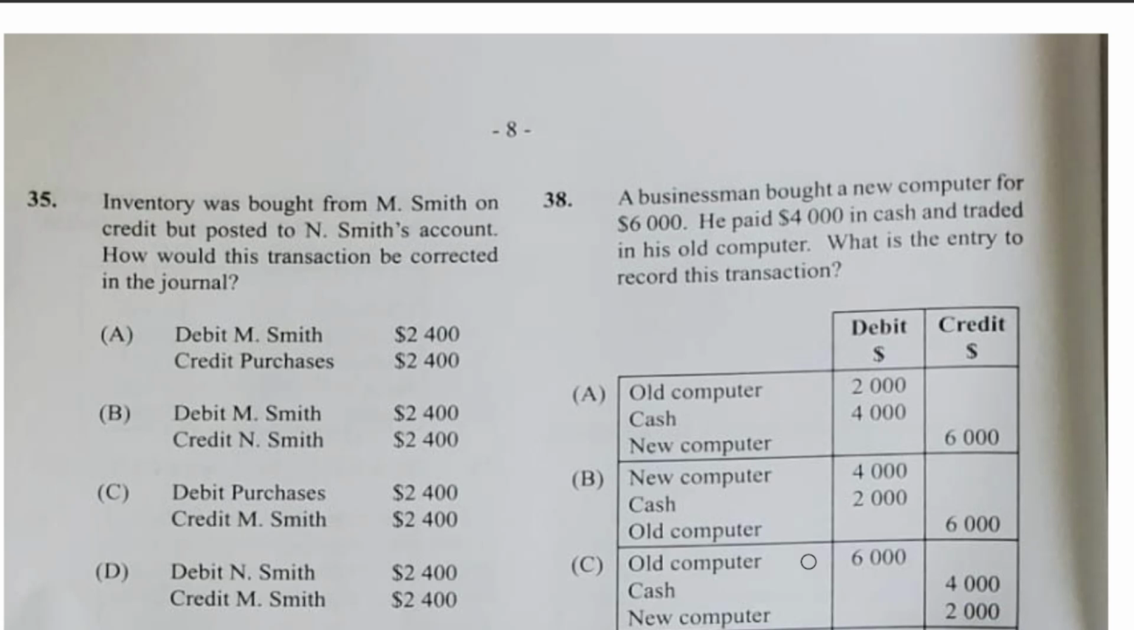35. Inventory was bought from Ms. M. Smith on credit and posted to M. Smith's account. How would this transaction be corrected in the journal? So